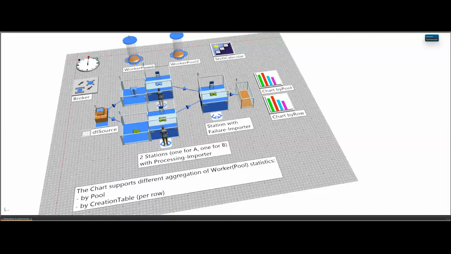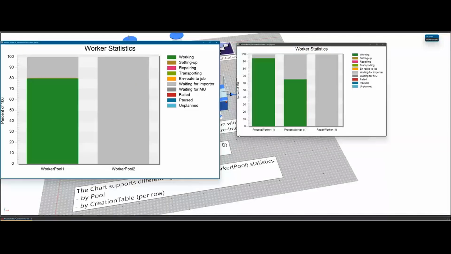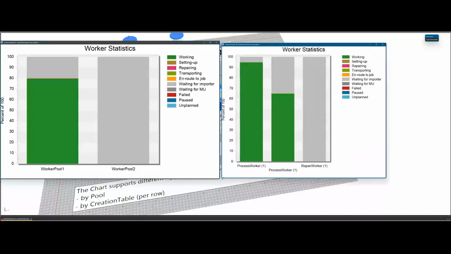You can then select what kind of grouping or aggregation you want to use. You can do that in the dialog, and then the charts will look different depending on what grouping you use. But it's very similar to the old object worker chart.